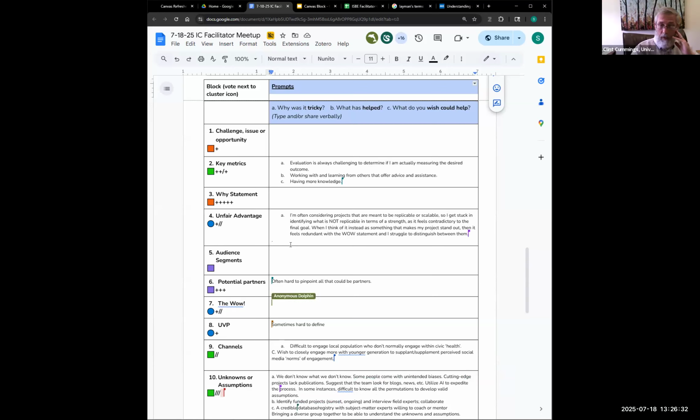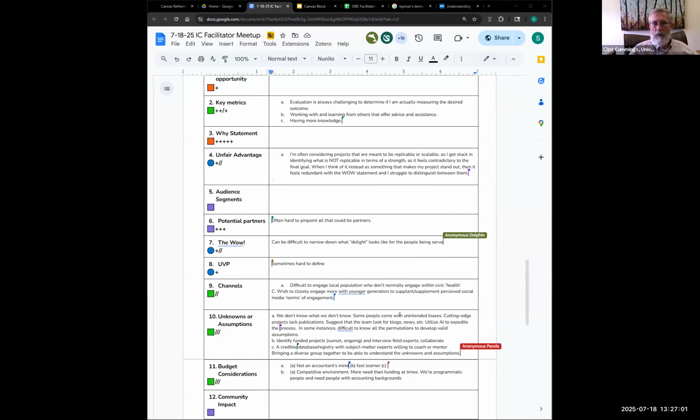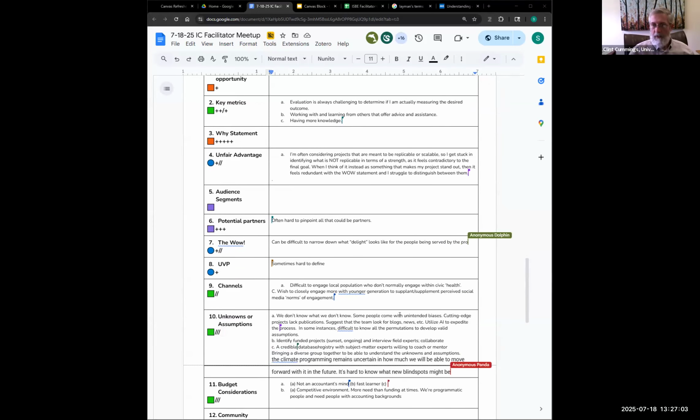So in just looking through these, maybe I'll lead by telling you what I shared and kind of prompt folks. The budgeting, I think, is challenging, is tricky, and budget considerations in a couple of different ways. One, the environment that we're in, although some things seem to be opening up. Most of the time, although we do general work, most of us are probably program people, partnership development ideas, and not necessarily Excel spreadsheet dollars and cents, although we all have to do that because that's just part of it.